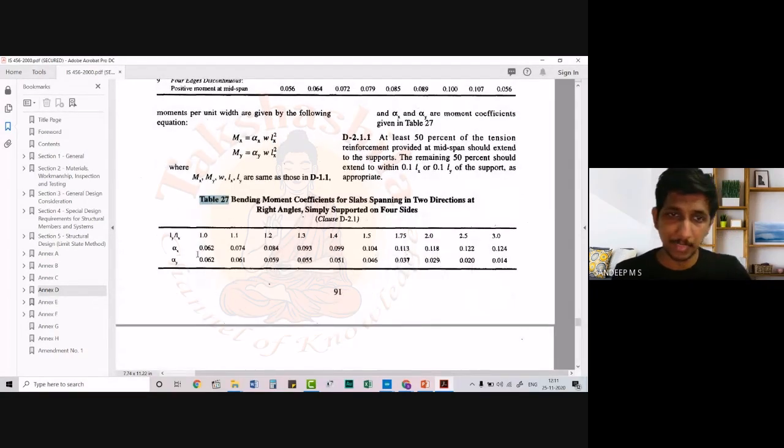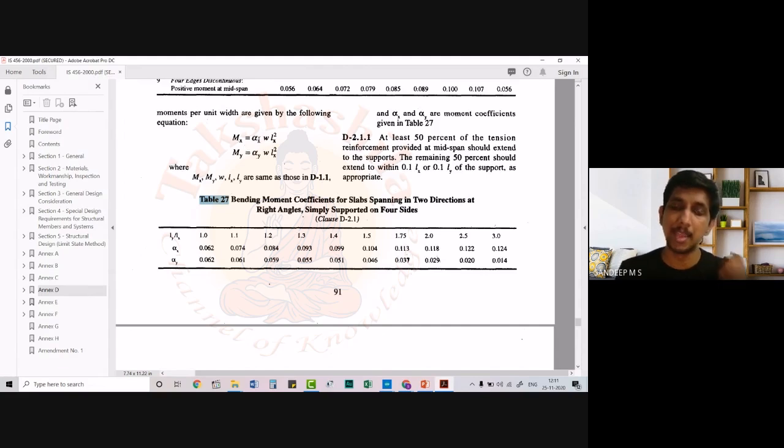from this table. So if you refer to this table, you have the Ly by Lx ratio given here, that is alpha x and alpha y. Both are given here, that is this row. Ly by Lx is 1, 1.1, 1.2, 1.3, 1.4 and up to 3 they have given here. And we have the values of alpha x and alpha y. So based on the ratio of Ly by Lx, we have to select these coefficients from this table and